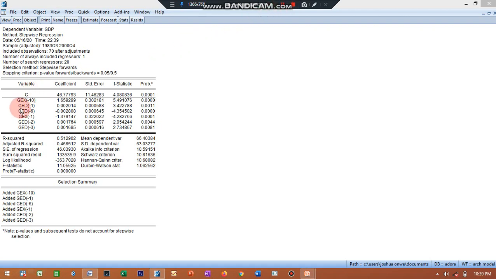So government expenditure on education at lag 1, government expenditure on education at lag 6, government expenditure at lag 1, government expenditure on education at lag 2, government expenditure at lag 3. So what the forward does for us is that the forward presents us with the list of acceptable